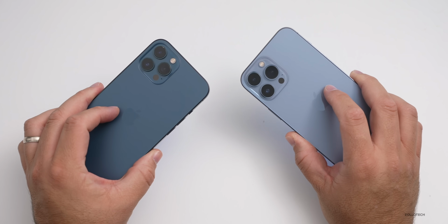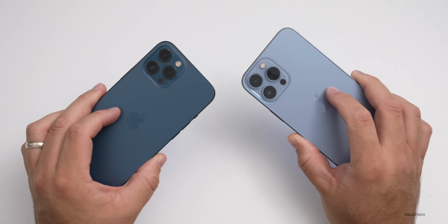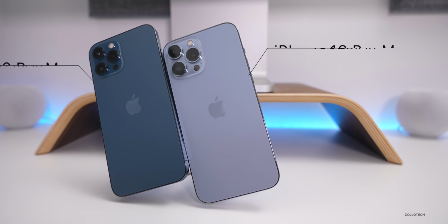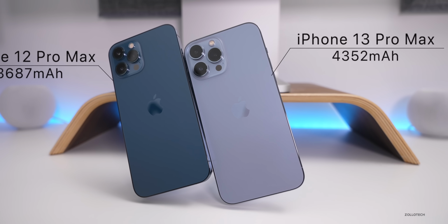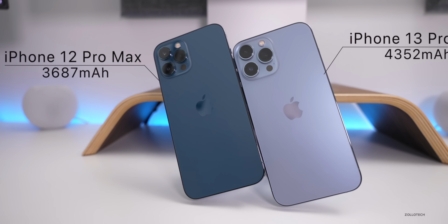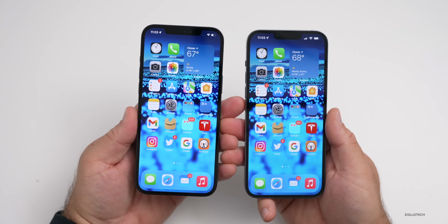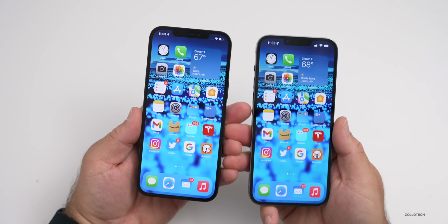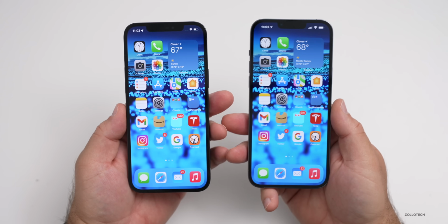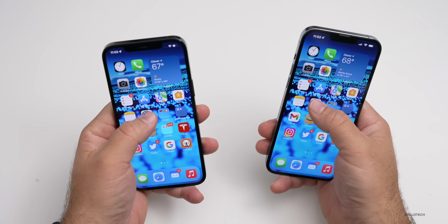Now, the battery life is different between both of them. With the iPhone 12 Pro Max, you're going to get good battery, usually between 8 to 12 hours of screen on time, depending on who you ask. But on the 13 Pro Max, it's even greater. You have a 4,352 milliamp hour battery compared to iPhone 12 Pro Max's 3,687 milliamp hour battery. It's good for about 2.5 hours of additional usage, according to Apple, and also it supports up to 28 hours of playback compared to 20 hours last year in Apple's tests. So it's a big jump, almost a third better battery life in many tests,